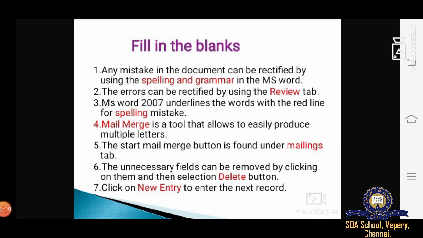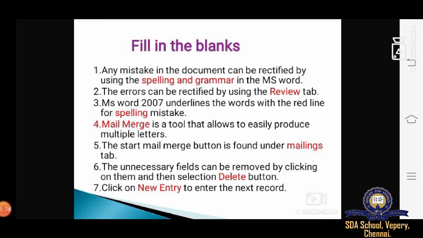It's very easy. When you are reading, you will understand, and please follow each fill in the blank carefully. Any mistake in the document can be rectified by using the spelling and grammar tool in MS Word. So what do we have to use to rectify spelling mistakes? We have to use spelling and grammar.